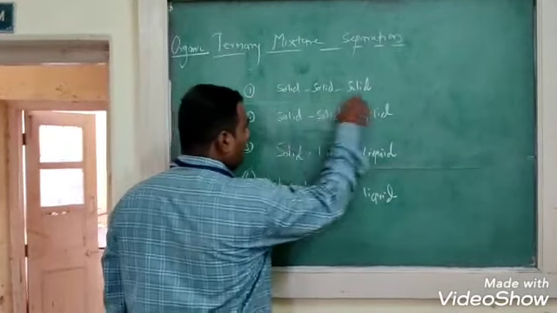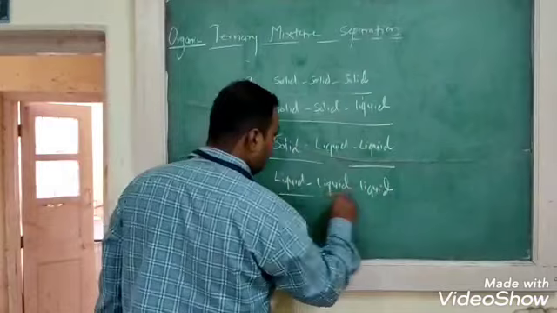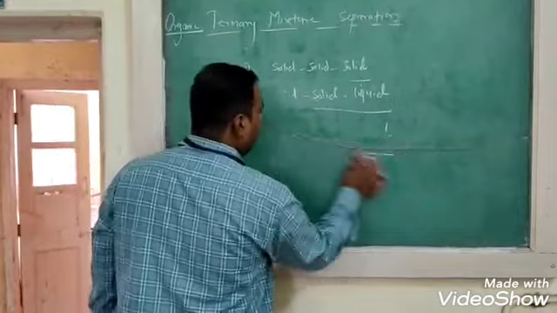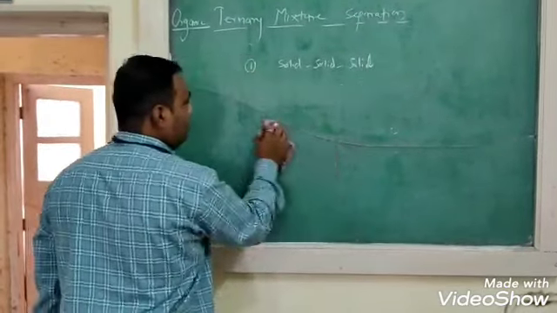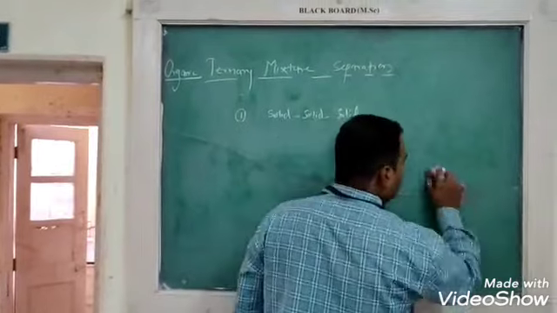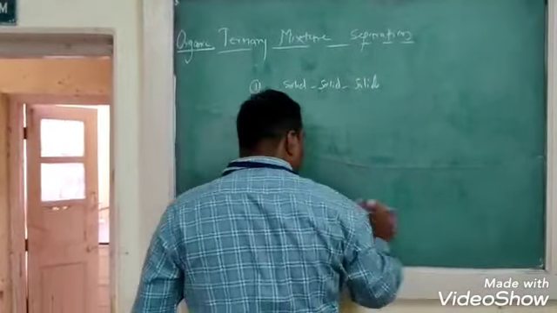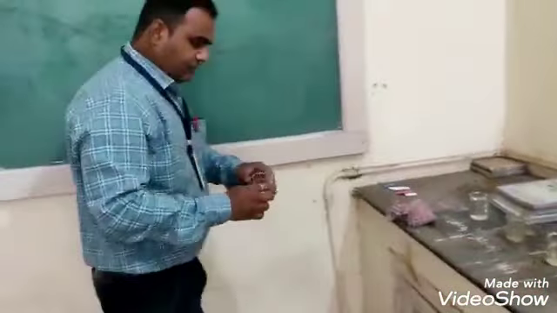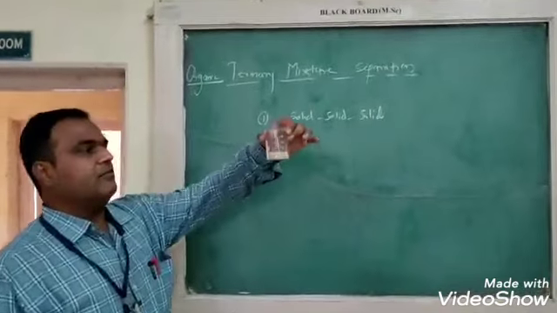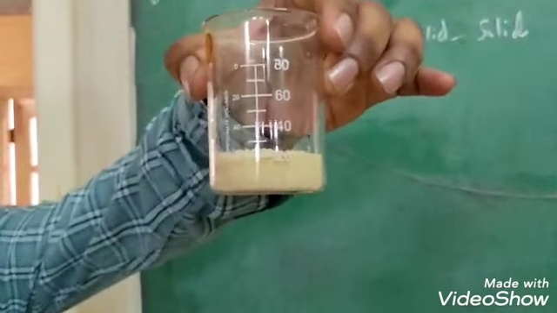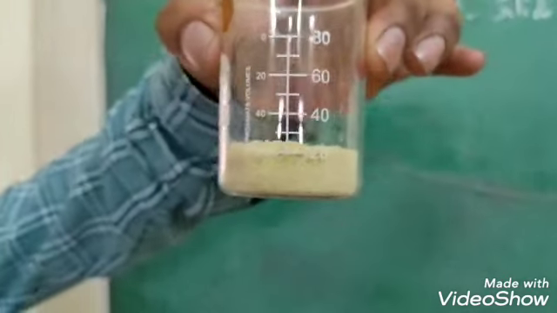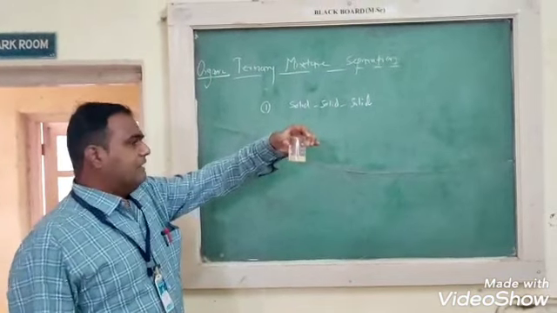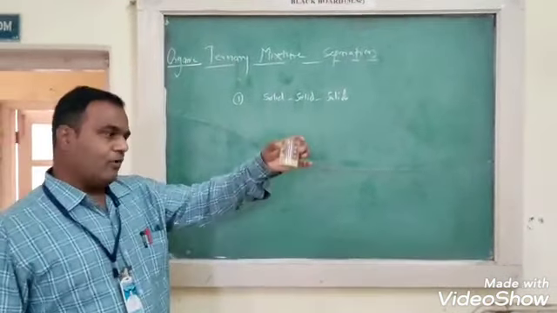Now we have to see them one by one: solid, solid-liquid, and liquid. In this case, we first learn how to determine the type of a solid mixture. We have to visualize this mixture, that is solid. At the time of examination, carefully observe this mixture. There is no liquid component present in this mixture. Therefore, we can say that the nature of this given mixture is solid, which means all three components are solid in nature.